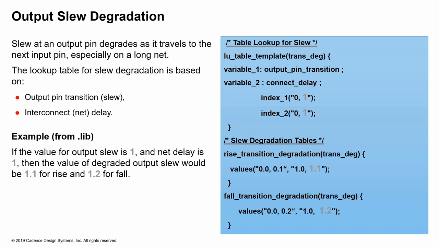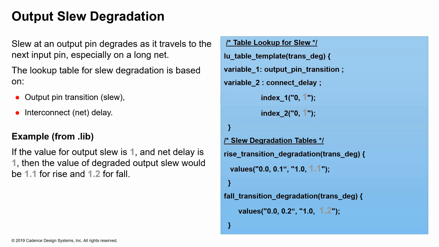Same thing through a cell. As the slew degrades, the signal degrades as well, and the delays get longer and longer. So we need to capture all this slew degradation as we go along, and